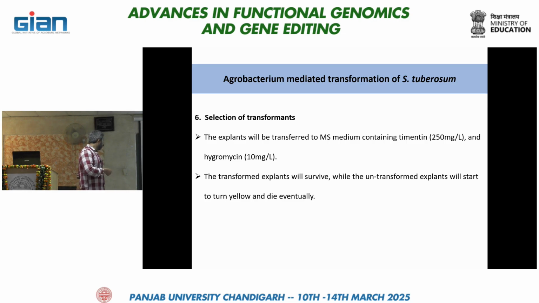After that, the transformed explants will be cultured in regulated environments with controlled light and controlled temperature, and after that the lines which survive will be our transformed explants, and the lines which appear to be yellow are untransformed lines, and they will eventually die. So